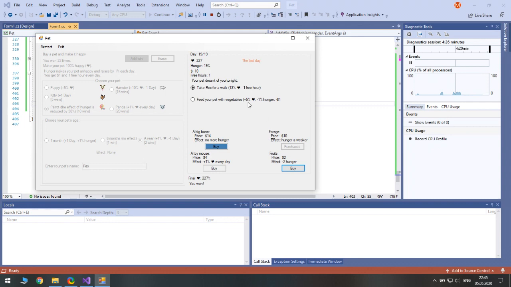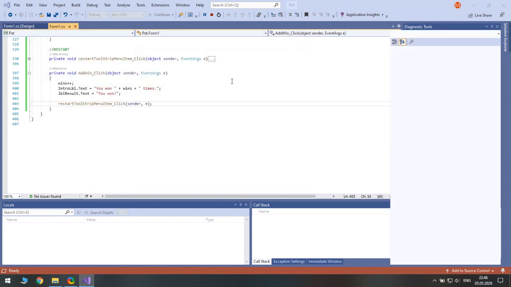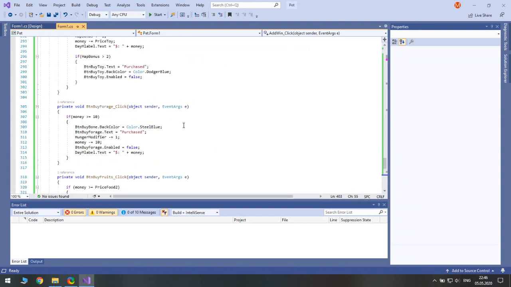Oh, it's not hunger percent, it's power, how much it can decrease. So if it is 1, it decreases by 19. Next, big bone, when we buy forage, yeah, this is where our mistake is.